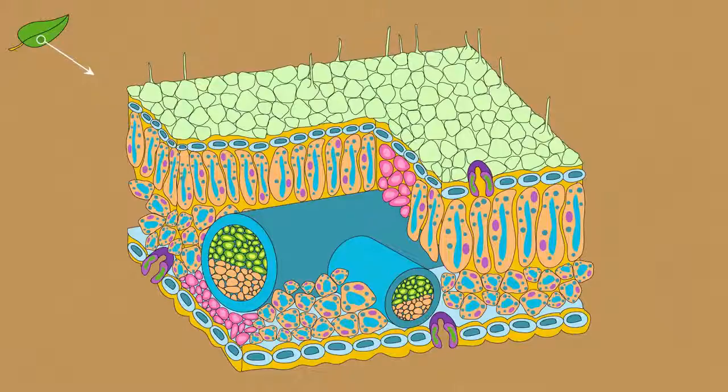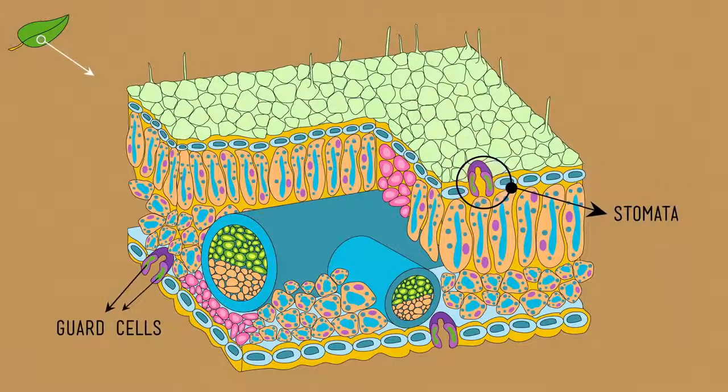But where is this CO2 coming from? Well, some of the neatest features on the leaf are these tiny openings in the epidermis called stomata. Around each stoma are two guard cells connected at both ends that regulate its size and shape. When conditions are dry, the guard cells are limp, they stick together, closing the stoma. But when the leaf is flush with water, the guard cells plump up and bow out from each other, opening the stoma to allow water to evaporate and let carbon dioxide in. This is what allows evapotranspiration to take place,